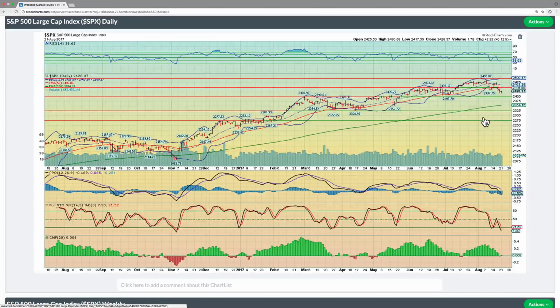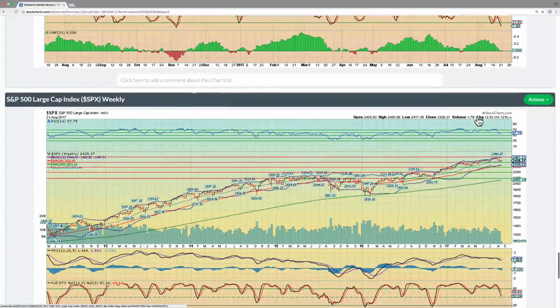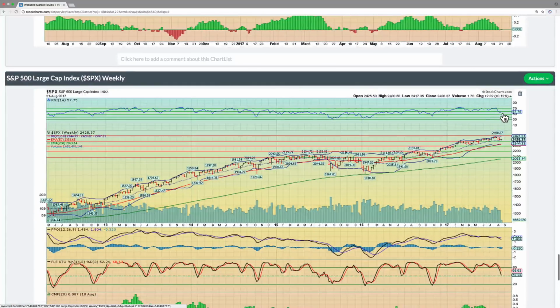So S&P is weak, just like the Russell. It's broken below the 50 on the daily RSI. We might see a bounce here in the next couple of days. Wouldn't be surprised. But as we look at the weekly time frame, we've broken below the 60 on the RSI